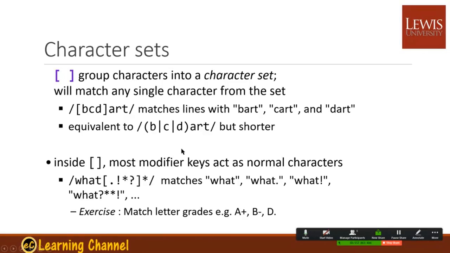Regular expression can have multiple ways of writing the same pattern. Inside the bracket, most modifier keys are treated as normal characters. So be careful: inside here, it actually means dot, exclamation mark, star, and question mark. But if you want that character outside the brackets, it will have special meaning unless you use the